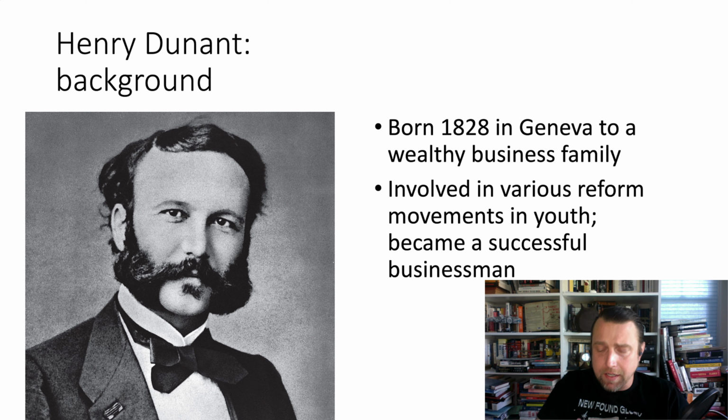In June of 1859, in the midst of the Second Italian War of Independence, a minor conflict to be sure, that pitted the Piedmontese and their French allies against the Austrians, with the Austrians having essentially dominated northern Italy for a few hundred years. Now, the war ended in an Italian-French victory that unified northern Italy into one independent country and drove the Austrians out of what used to be one of their spheres of influence.